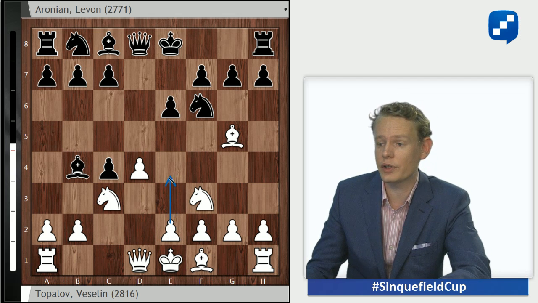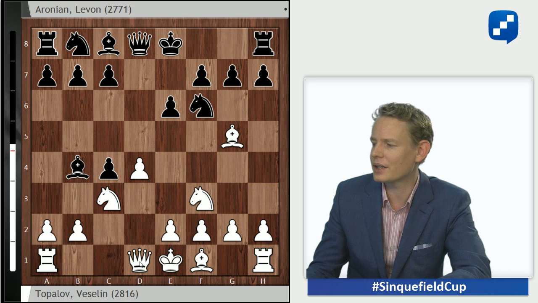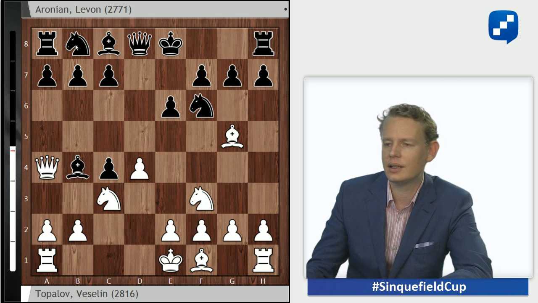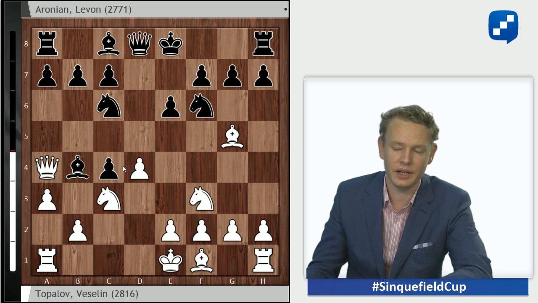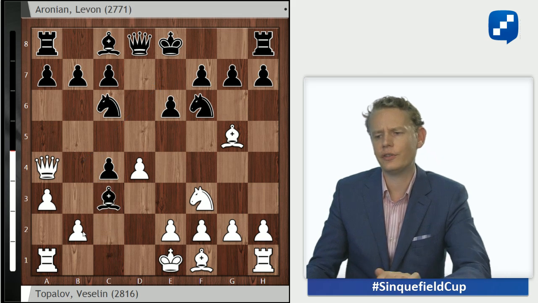Topalov didn't seem to want to contribute to theory development with e4, the main and critical move here, but I prepared a sideline for this game, the move queen a4 check in this position. Knight c6 is forced to protect the bishop, and Topalov's idea was to play the move a3 here, forcing this bishop to capture on c3. If it were to retreat, white would just pick up the c4 pawn with a better position. So this is forced, b takes